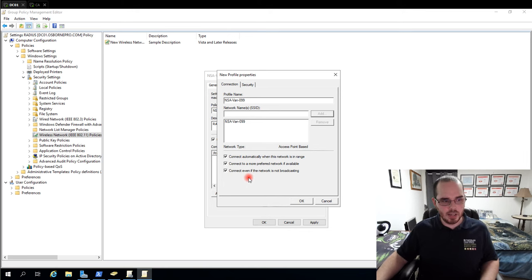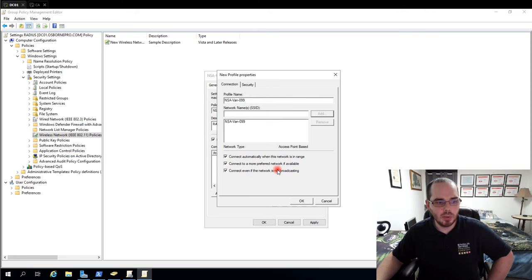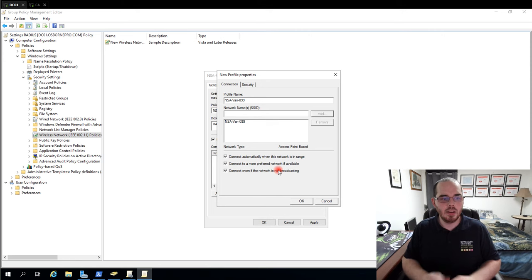And down here, connect even if the network is not broadcasting. If you are hiding an SSID, you should check that box. This way people automatically connect to it even though it's not broadcasting. If you are hiding your SSID, which I don't suggest doing, you are suggesting that there's something to hide to